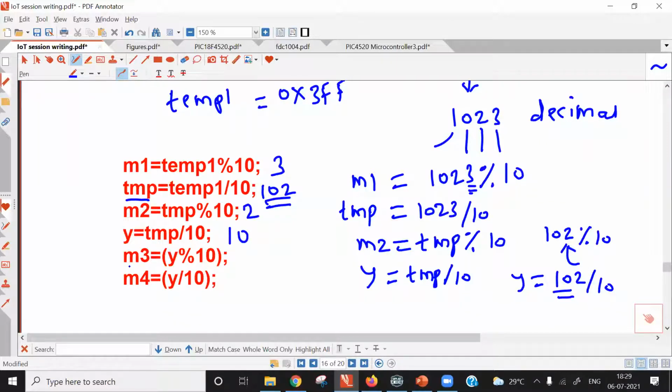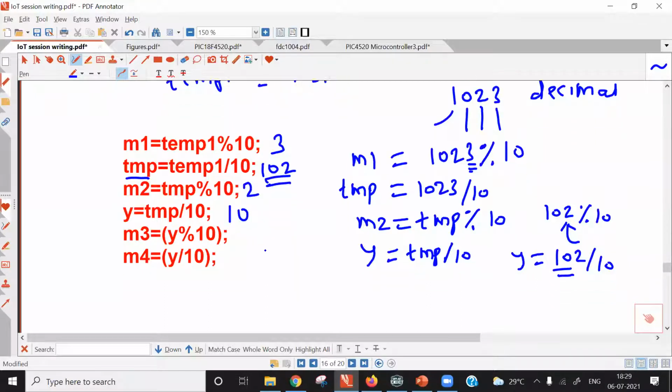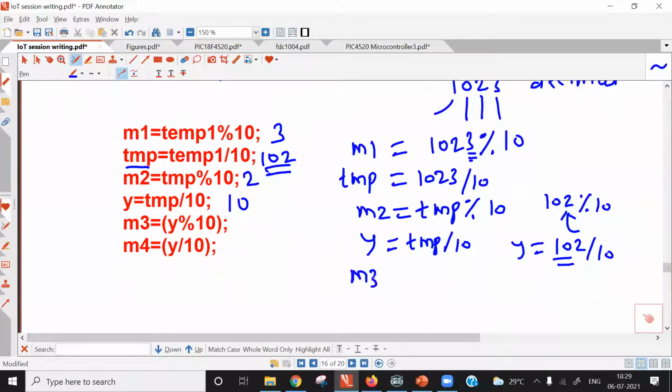Now the next instruction is m3 is equal to y modulo divided by 10. What is the value of y? 10. So m3 is equal to y modulo 10. Value of y is 10, modulo divided by 10. What is the remainder here?